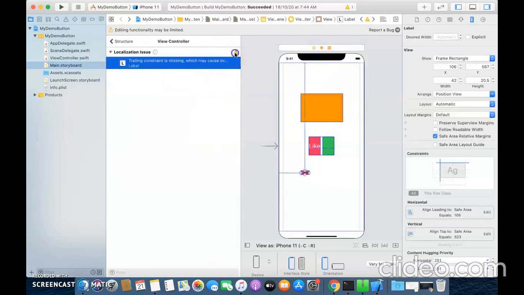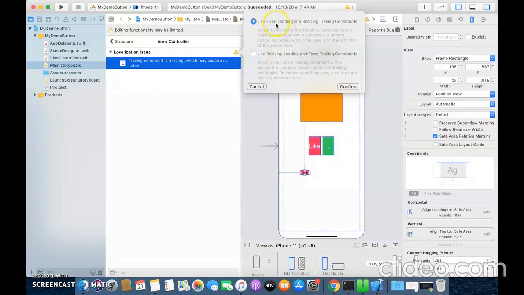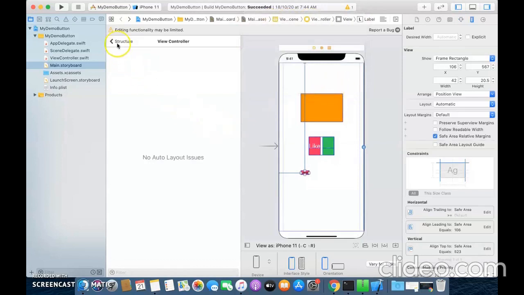Trailing constraint is missing. So use a fixed leading and resizing trailing constraint. Use a resizing leading and fixed trailing. Fixed leading and resizing trailing. What does this mean?